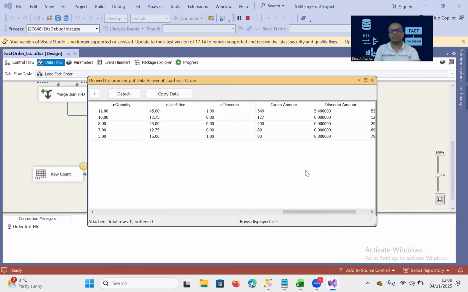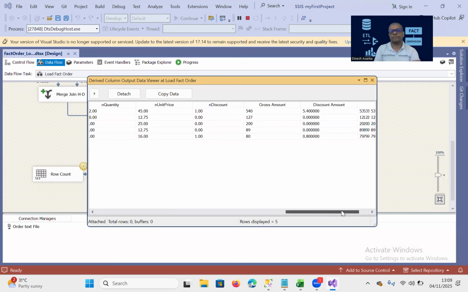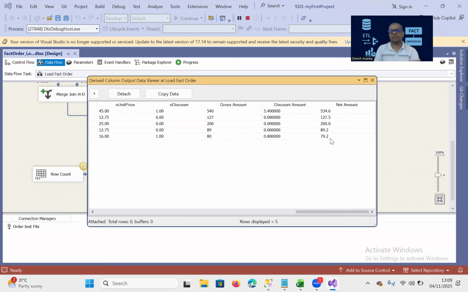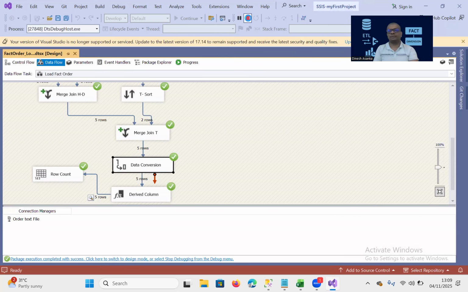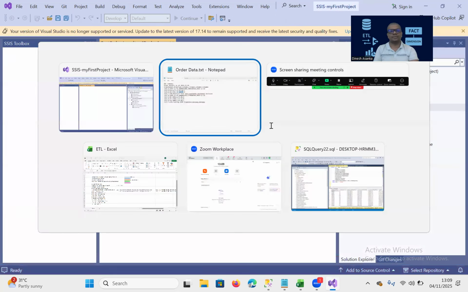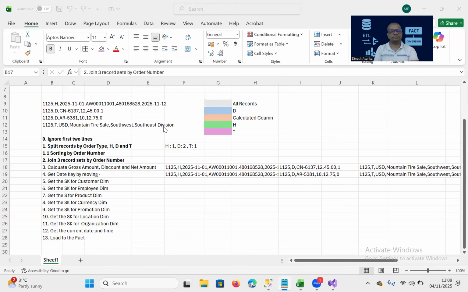Now those values are there, right? So net amount, everything is calculated. Yeah, all are calculated correct. So with that, we have done with that particular transformation as well. So this is also done. Now then,